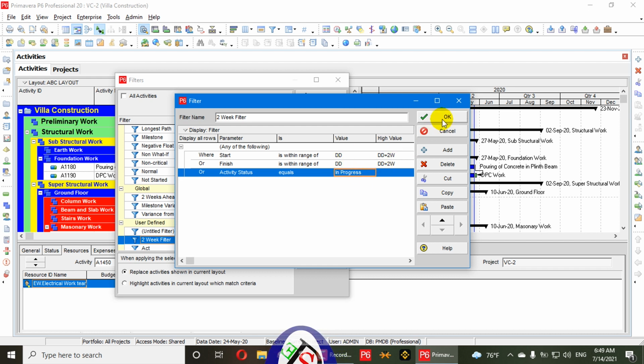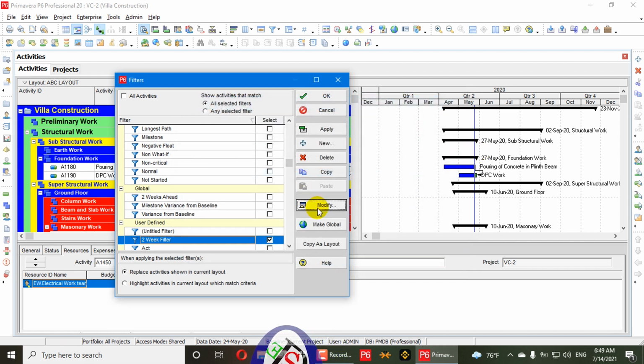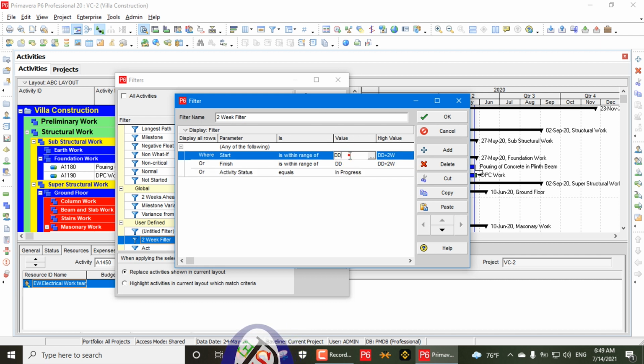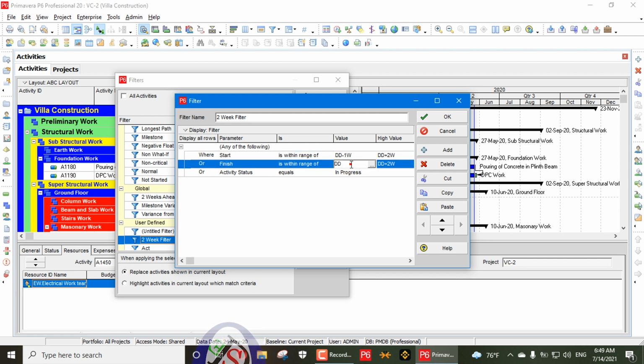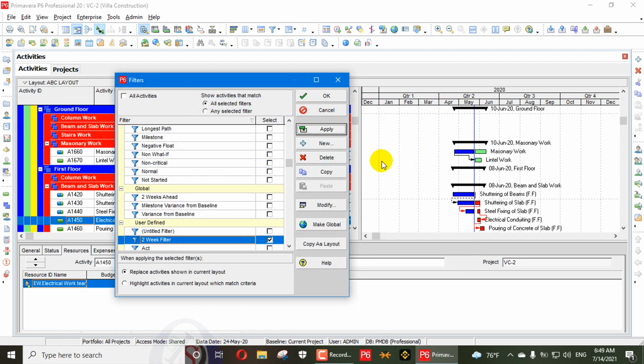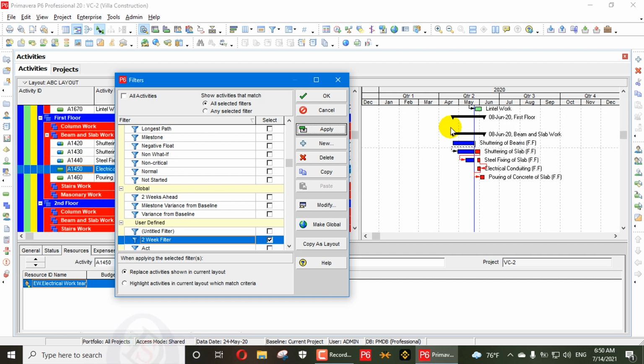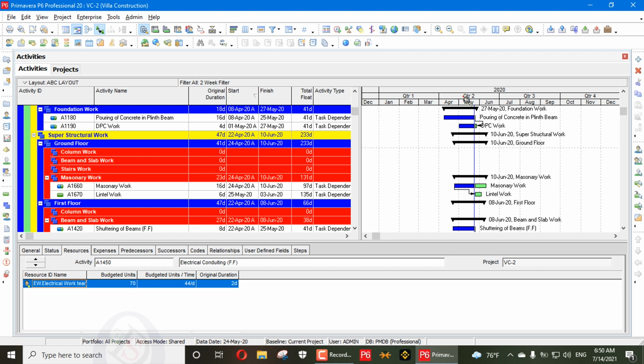So the schedule is not looking beautiful, it's not looking attractive. What we will do, we will write dd minus 1 week, and 1 week behind activity will also be shown here, dd minus 1 week, and we will press OK, apply OK. The previous 1 week activities will also be filtered during this work, and here we can see the time scale is also not looking attractive.